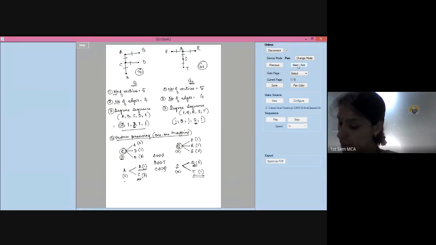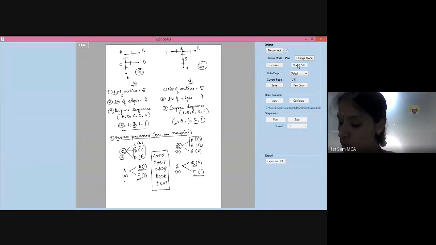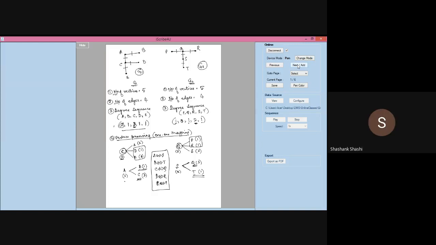Then D. If you observe here, D, E has 1 and 1. Here, P and R has 1 and 1. So, I can say D is equivalent to R and E is equivalent to P. You can take the other way around also. E can be equivalent to R and D can be equivalent to P. That is also right. No problem. So, this is nothing but the one-to-one correspondence of the vertex. Is it clear? Yes, ma'am.